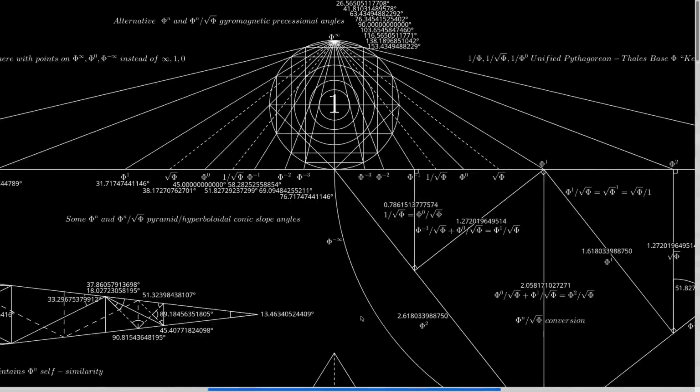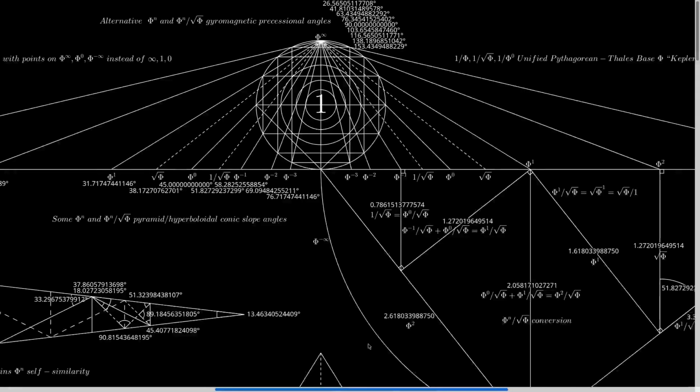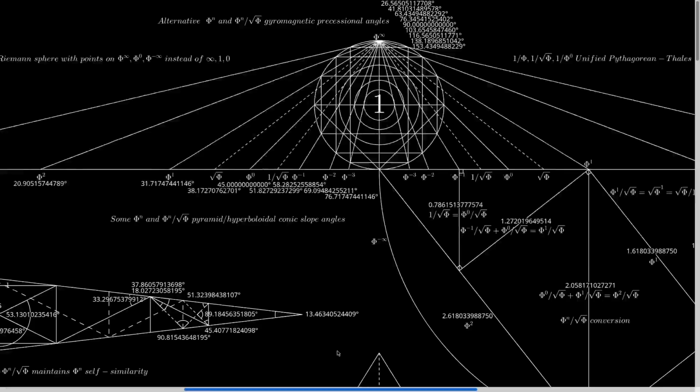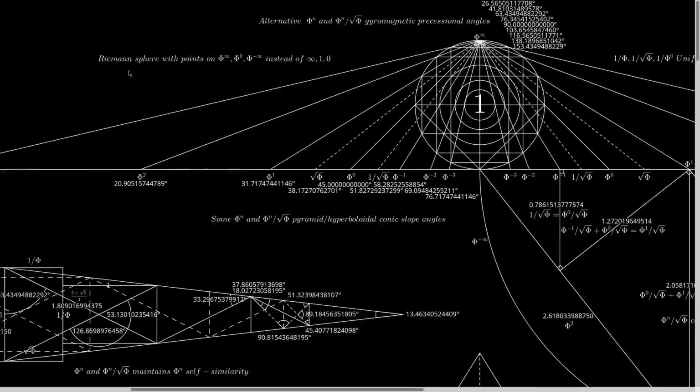And this stuff, oh boy, I might get into it later, but it's the Riemann sphere with points of positive infinity, negative infinity, and 1 as a 0. And it's the 45-degree angle and all that. So this is square root of 2 over 2. So this is tied to the complex plane in a sense,